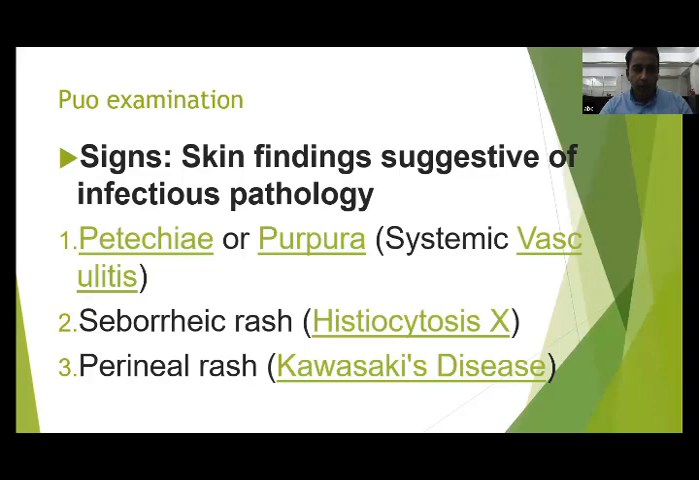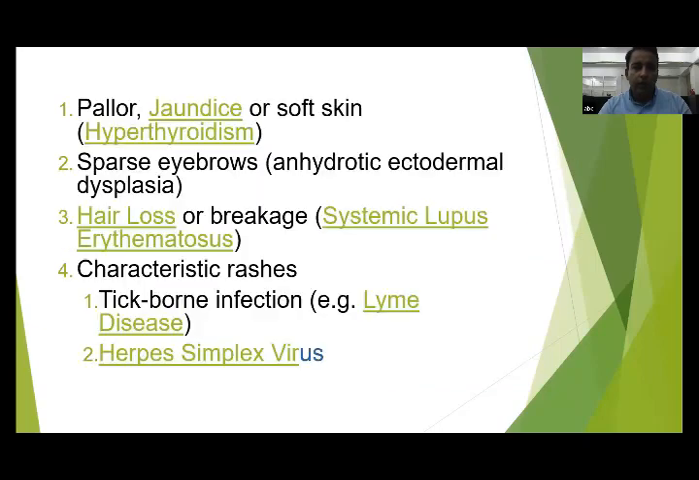So this is another sign and examination. On the basis of history you always have a diagnosis in your mind. When you make a diagnosis on the basis of history, then you always go for examination. Rash, petechial rash due to vasculitic or purpuric rash, histiocytosis, perineal rash, this is Kawasaki disease, pallor, jaundice, soft tissue,